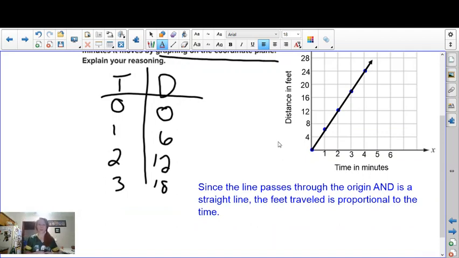Since the line passes through the origin, meaning the 0, 0, and it is straight, the feet traveled is proportional